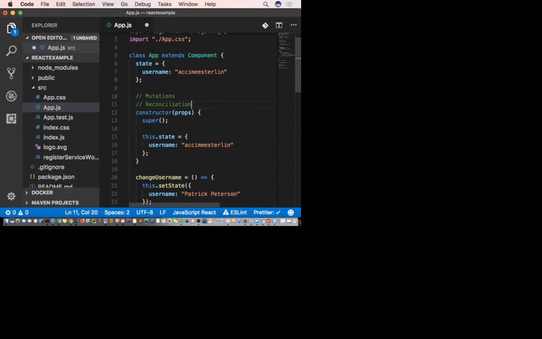What is reconciliation? Well, reconciliation is the little brother of a mutation. If you want to put it that way, if the data changes in one place, it changes everywhere, right? That's the whole concept behind React, and that's one of the reasons they have the virtual DOM, right?